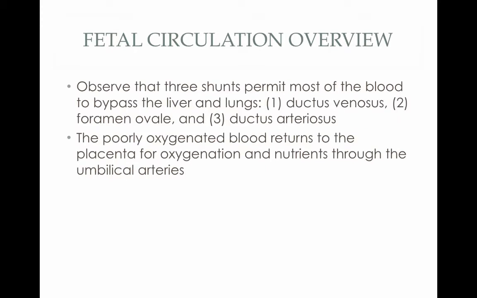And with those shunts, we have blood bypassing the liver and the lungs. So it's not a closed circuit, because the right ventricle still has medium oxygenated blood pumping, and the lungs still have to develop, so they have to get blood, but there are these shunts that take place. Again, those shunts are the ductus venosus, the foramen ovale, and the ductus arteriosus. Those are those three. The poorly oxygenated blood returns to the placenta for oxygen and nutrients through the